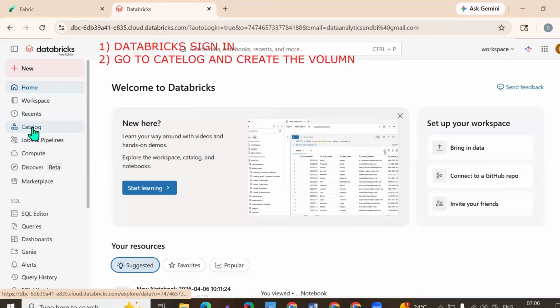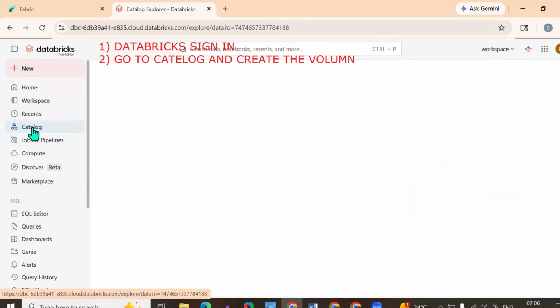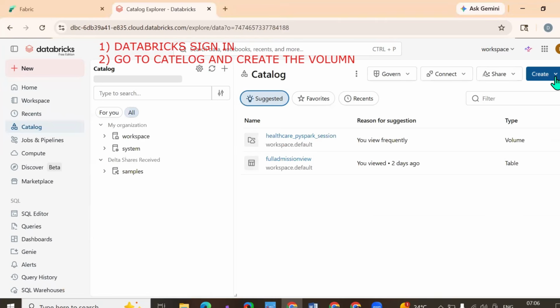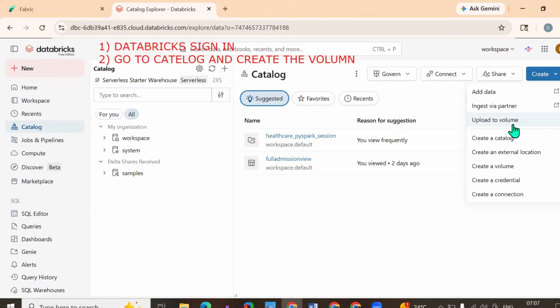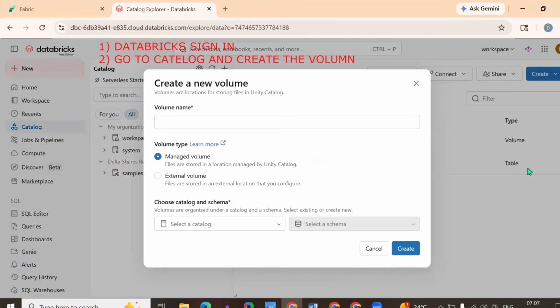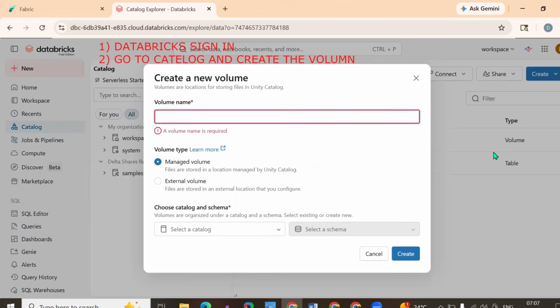So go to catalog. Here we have an option called create. Let me click on create. And if you see, we have an option called create a volume. Click on create a volume. So here we can enter the volume name. So what is the volume name? So let me enter